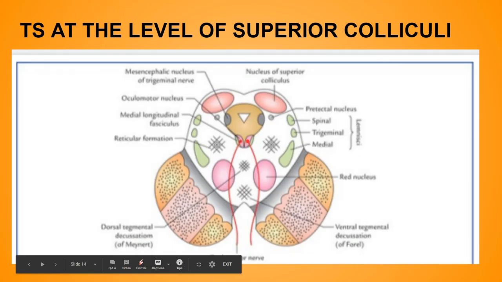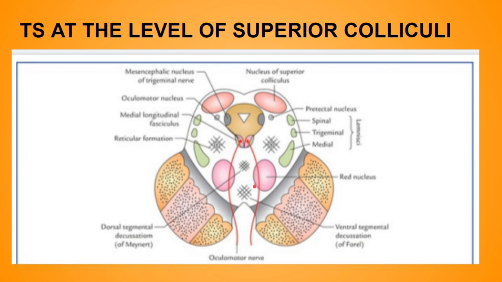Next are the emerging fibers of the oculomotor nerve. As you can see, these are the emerging fibers of the oculomotor nerve, basically emerging from the oculomotor nuclei. These emerging fibers pass ventrally through the tegmentum, intersecting the red nucleus. As you can see, it actually intersects the red nucleus, and then passes medial to the substantia nigra and emerges in the posterior part of the interpeduncular fossa through the sulcus on the medial aspect of the crus cerebri.